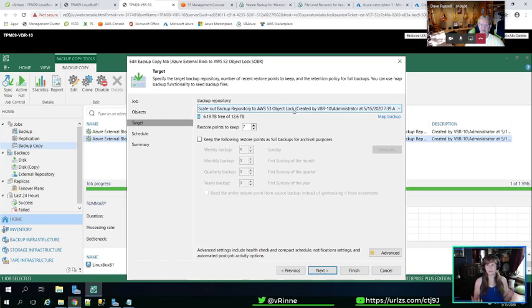My Azure backups are immutable on AWS and still are restorable on that side as they are here. If I lost my entire Azure environment, I lost my on-premises environment, I could go up to the object storage, deploy an instance of Backup and Replication, and restore these files. That's the apocalyptic standpoint, but